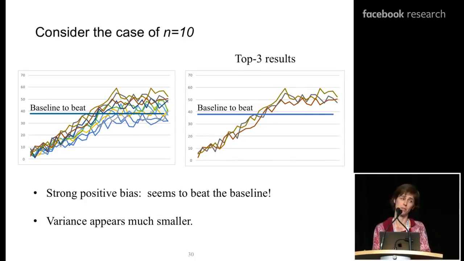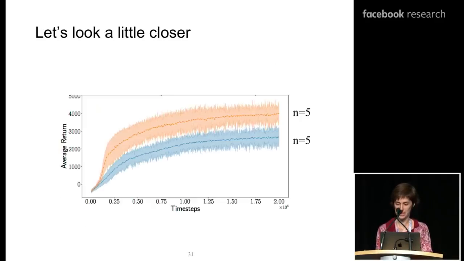Now, if the student picks the top 3 runs and shows me this plot, then we might be thinking, yeah, we've got a trend here. Let's write the NIPS paper, right? So there are 2 things that happen when you look at just a few top results. The first thing that happens, of course, is you have a strong positive bias. And the second thing is you have a much smaller variance. And when many people publish papers with this over a long period of time, a certain set of practices gets set into place. So one of my missions has been to slightly change the course of the field in this respect.